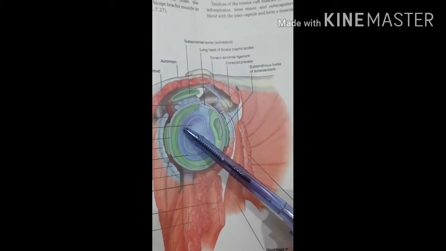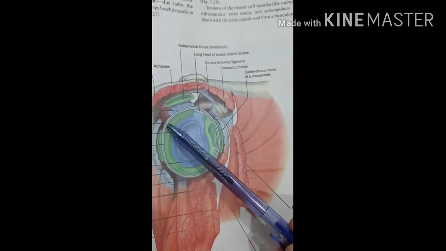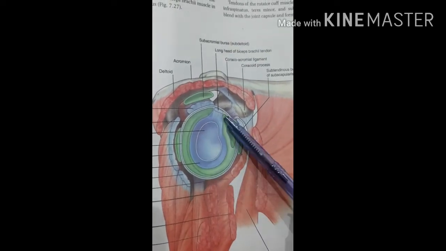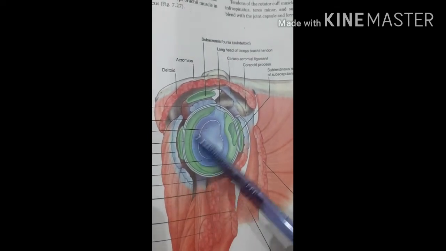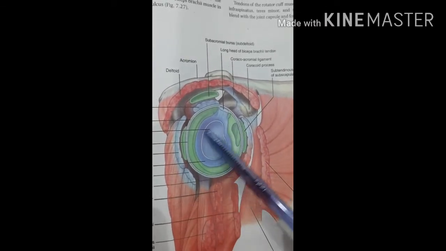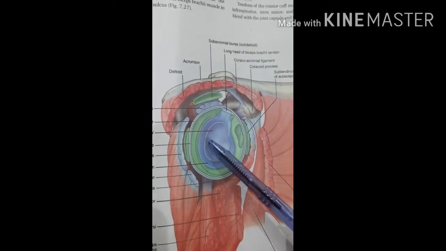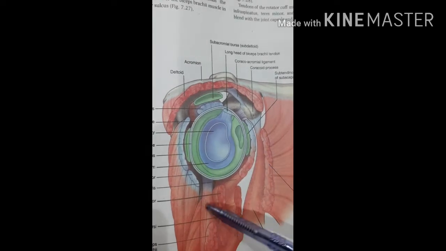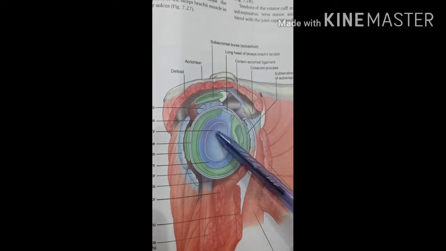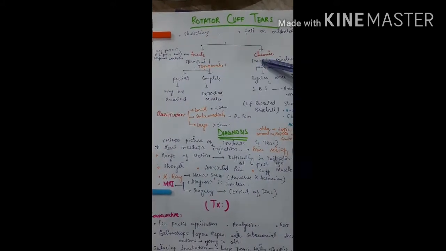So eventually a defect develops, which is termed a tear, and there may be a history of trauma present or absent. Mainly a traumatic history occurs in young patients who present with rotator cuff tears, and in the elderly it is mainly a consequence of degenerative changes that the rotator cuff tear occurs. Tears could be acute and chronic.